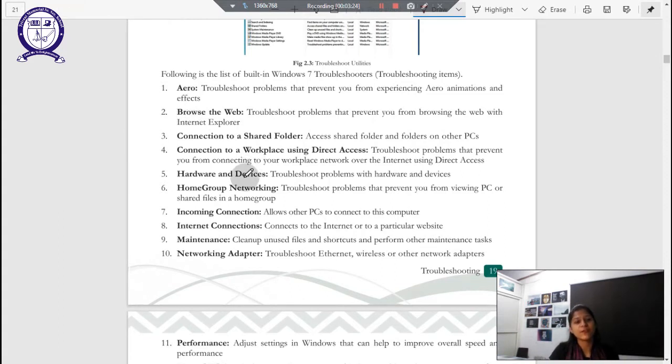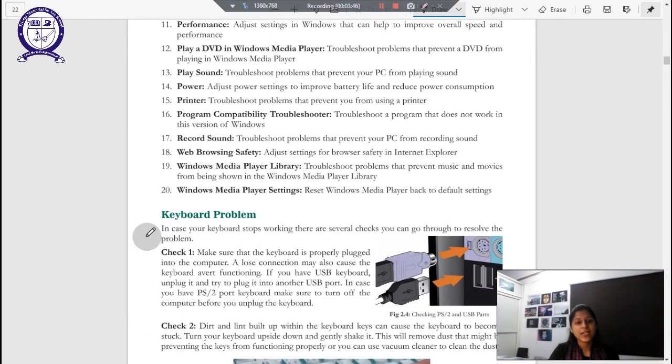If we have a problem with our hardware and input and output devices, like our keyboard or mouse, we can use this hardware devices troubleshooter. If we have a problem with incoming connections, internet connection, or maintenance, we can use all these troubleshooters provided to us by our operating system. Then for recording sound, printer, power, we just used our power troubleshooter, right?